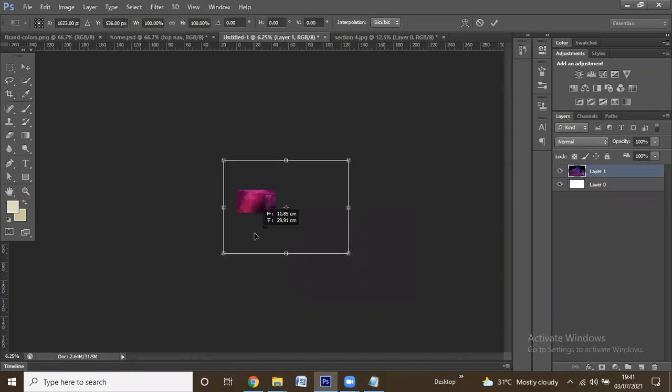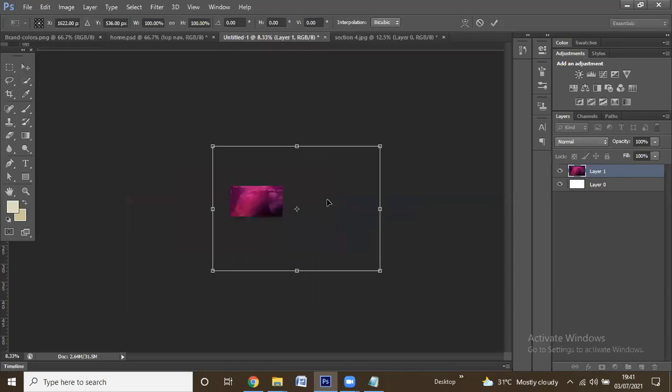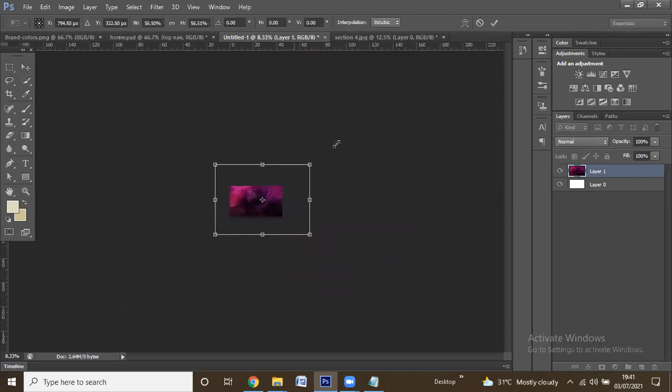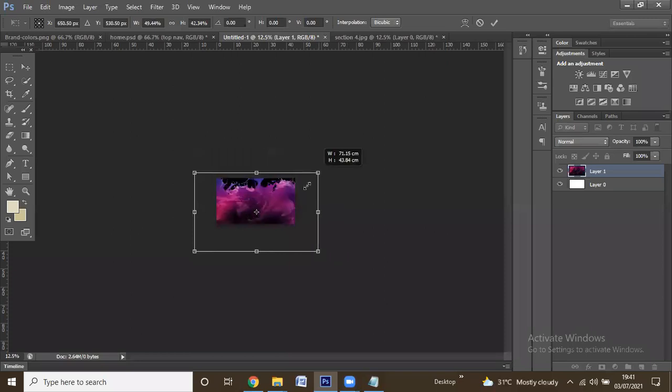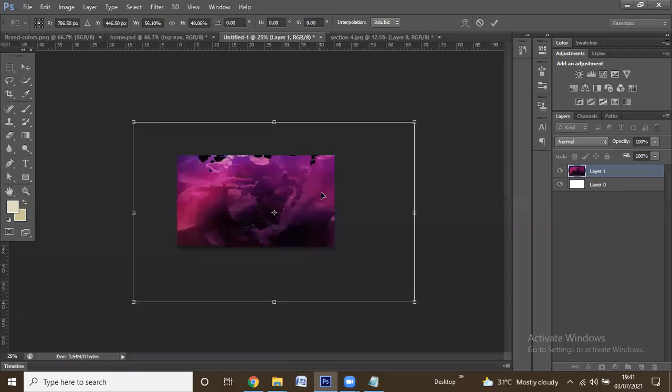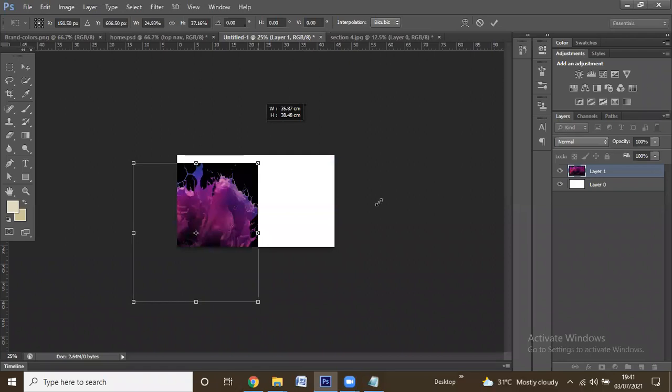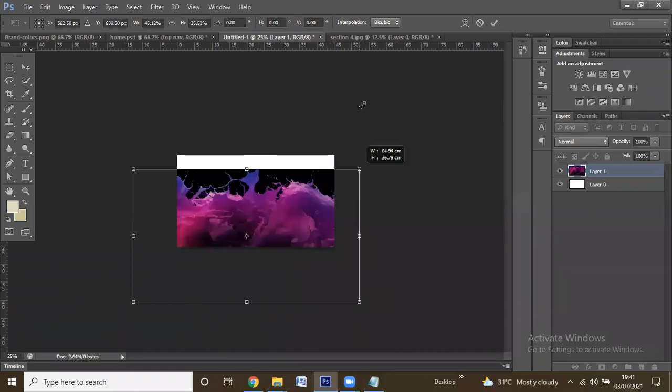After selecting this, you can simply resize by using Shift and a corner. In the latest Photoshops, you can simply drag at the corners, no need of using Shift. So I will show what is the difference between using Shift and without using Shift. For example, without Shift, I can resize in different ratios.